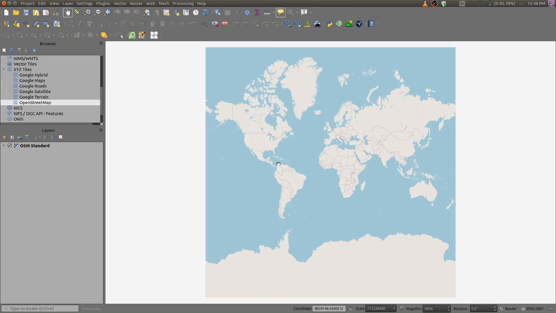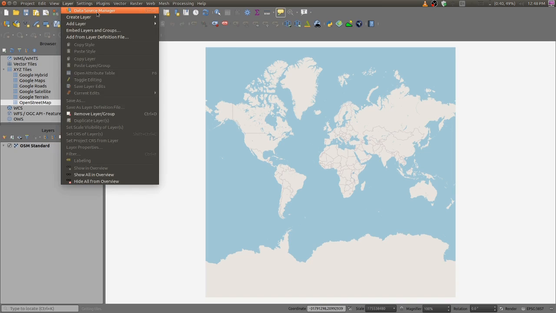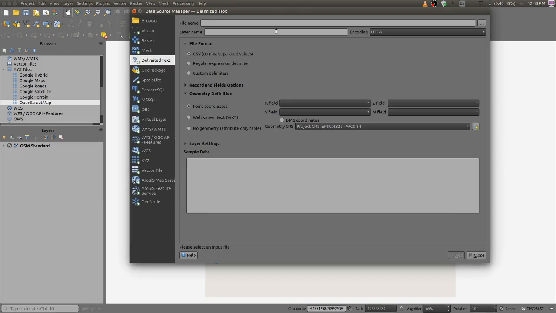Here we are brought to this OpenStreetMap window. Now let us import our EpiCollect data. For that you go to Layer, Data Source Manager, click Data Source Manager, then click here.